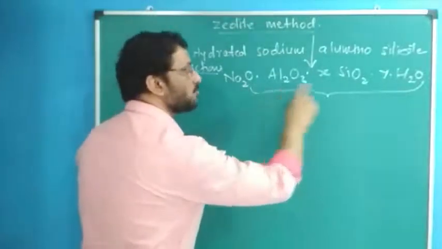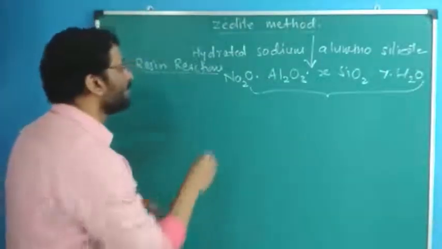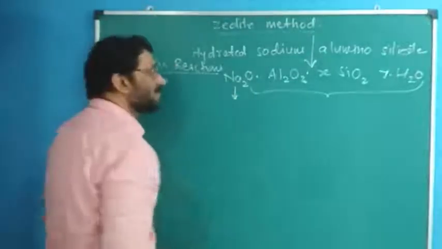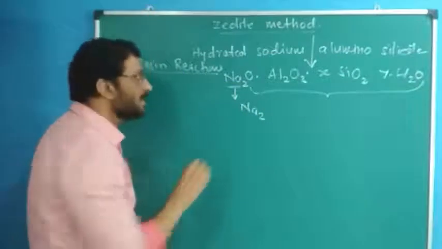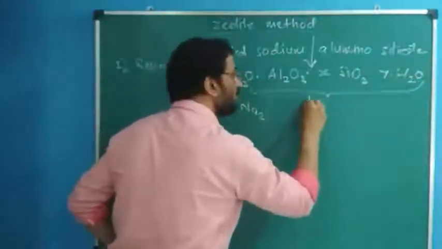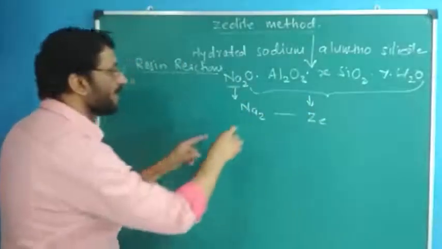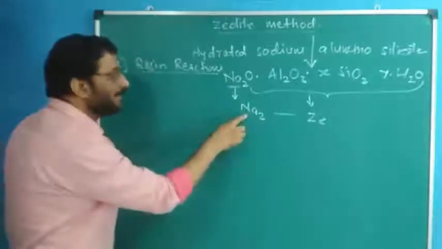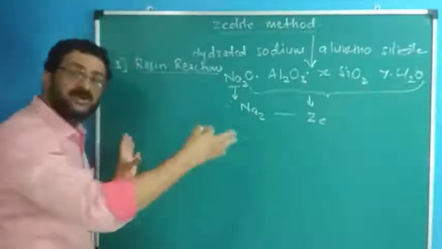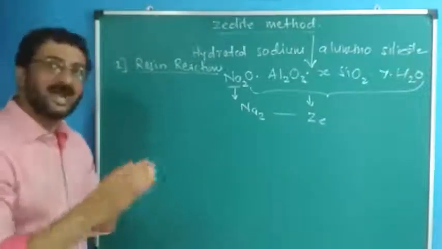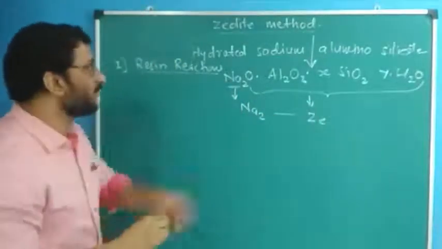For that purpose, you have to write the complete structure. We try to make it simplified, easier. This Na+ taking part in the reaction, we'll write as it is, Na2, and from this O to this O, we'll write Zd. That is zeolite. So this unit I can write as Na2Zd. Na2 sodium ions are taking part in the reaction, and the rest is the unit of the zeolite, which remains as it is. To that unit we have labeled Zd, or you can write X, Y, anything. We will write Zd for zeolite.